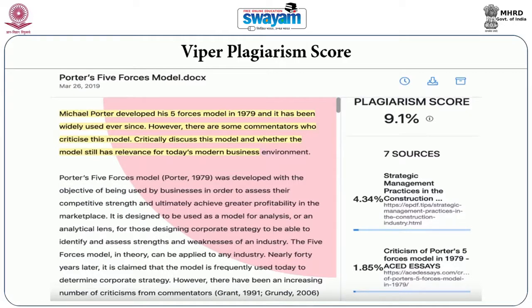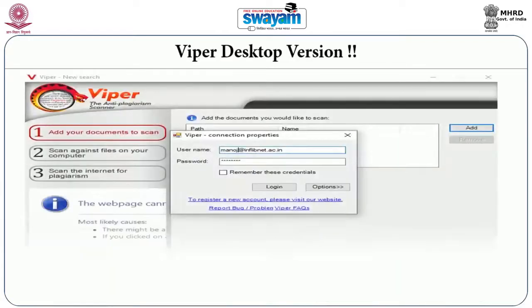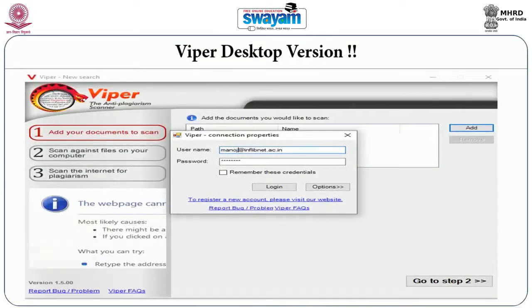The report is generally divided into two to three parts. The first portion shows who has uploaded the document, the user information. The second part generally shows the similarity links, like from where you have taken the content. The third part of the report generally shows the paragraph-wise similarity report, which paragraph has been taken from which source. One by one, you are required to check thoroughly the report which is generated.